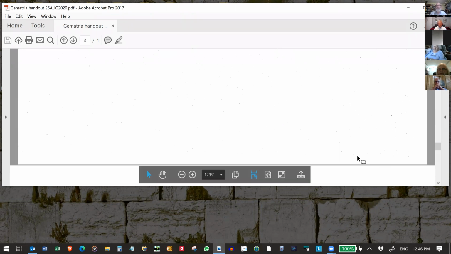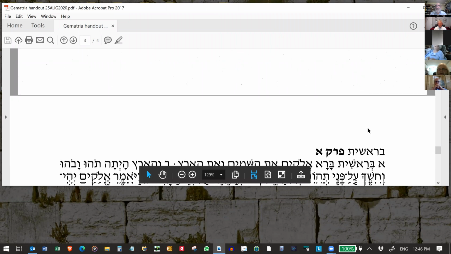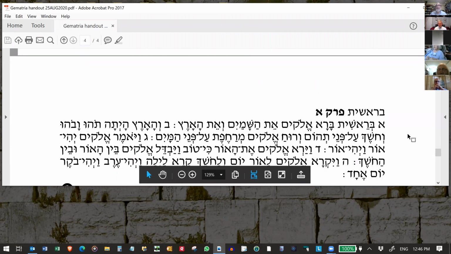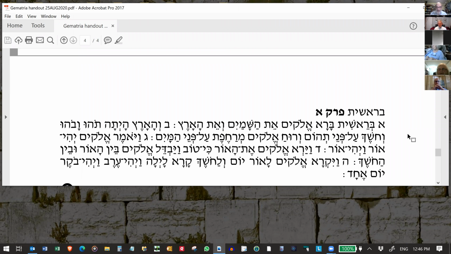Anyway, so let's just look at the first 5 words of Bereshis. Okay, everyone's familiar with that, right? Bereshis, Bara Elokim, Es HaShamayim, V'Es HaAretz, and that's it. Okay. And I took some of the Gematrias, and I went through every single Gematria. I'm not showing you every single one here. Every Gematria that's brought down, that's cited by the Baal HaTurim.